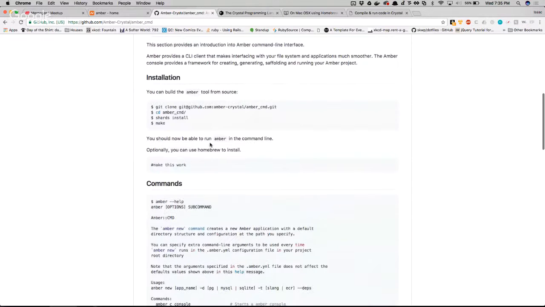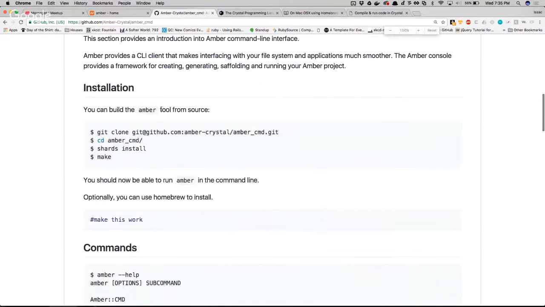In order to install this, let's talk about that first. Make it a bit bigger. Basically, just git clone this project, cd into it, and install shards. Shards are like gems, like bundle install. It actually makes more sense though, because a shard is a subset of a crystal, whereas a gem is a superset of a ruby. So anyway, it learned from Ruby and Rails mistakes. Yes.